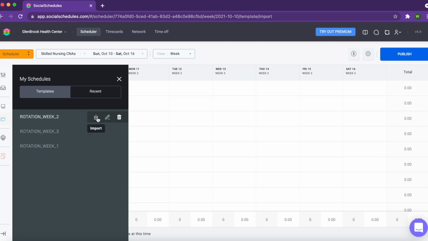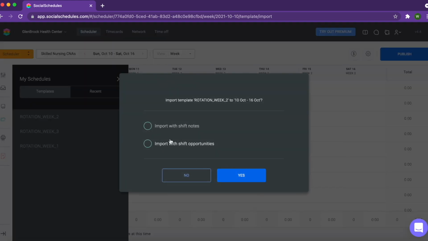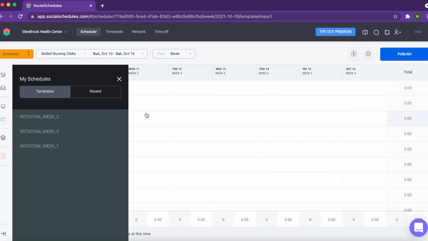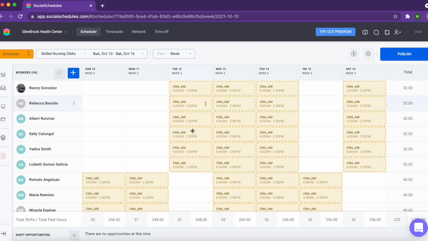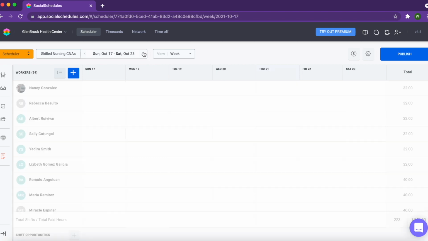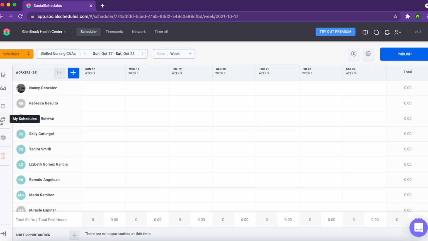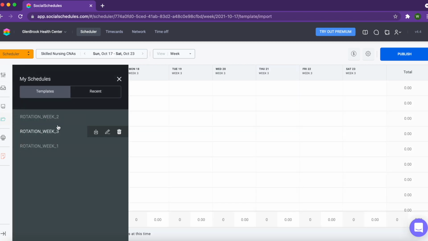So if I import rotation week 2 right here, not checking either of these boxes, we're going to see that paste in. Once it's finished loading, there we go. And so we can see, okay, we've got Nancy here, 3-1. And then if I go into this next week and I paste in week 3,